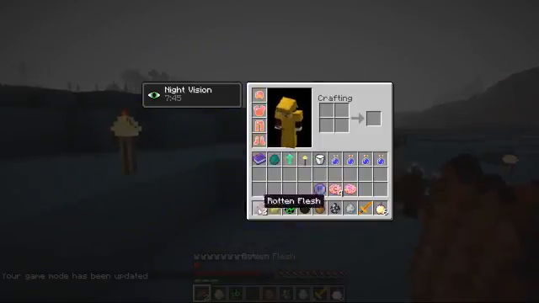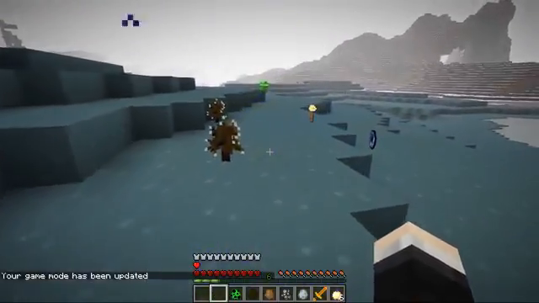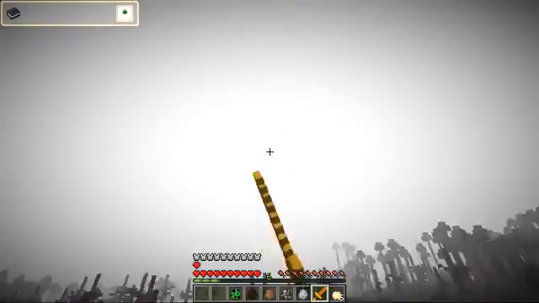What should we start with? Let's start with the light. So this is a light mob. Ow! Apparently those bushes really hurt. So this is a light mob, and these are kind of passive mobs. They don't really hurt you, but if you attack them...